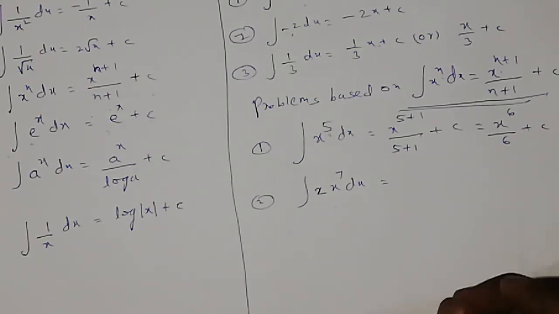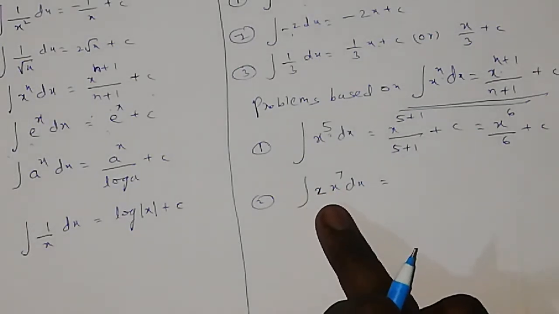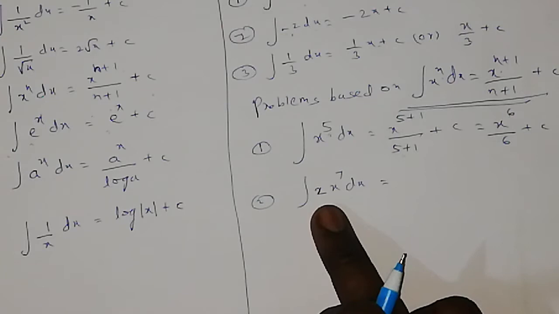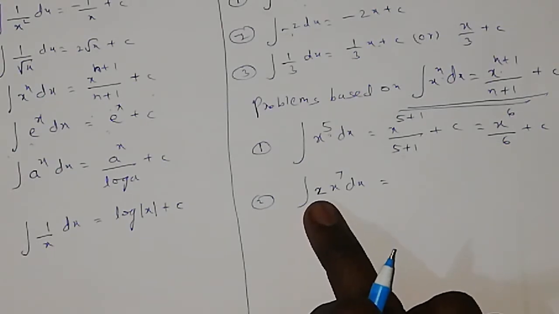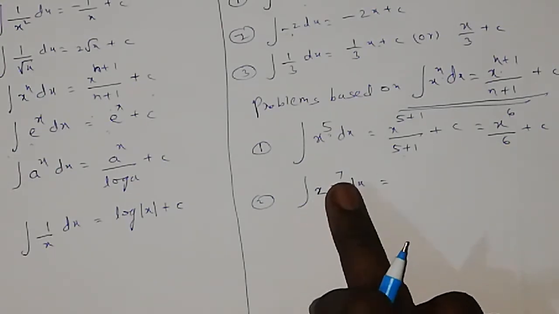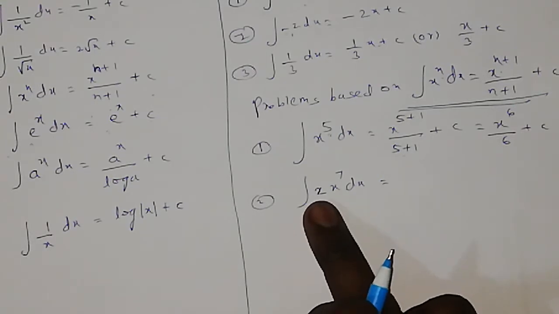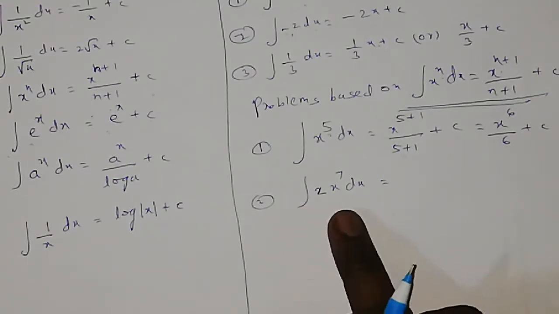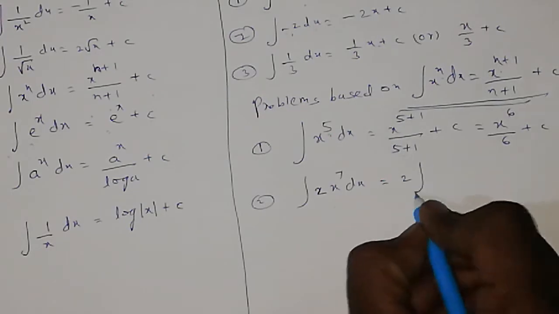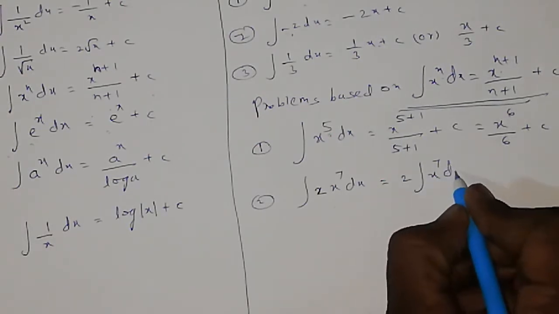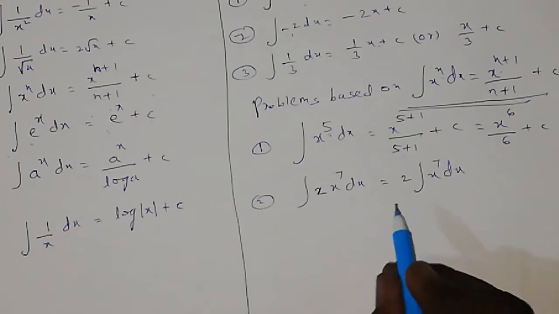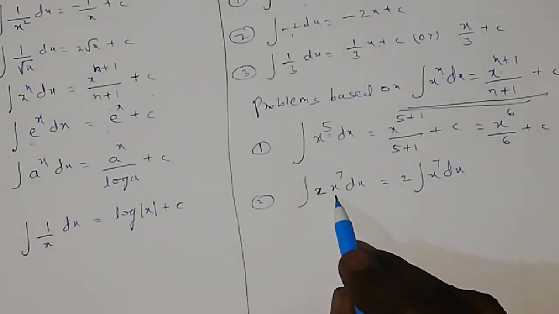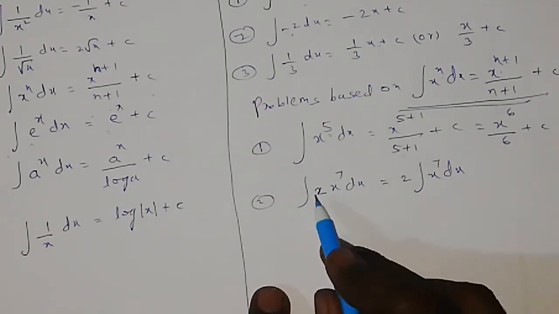We know that d by dx of a constant is equal to 0, right? But we can't differentiate the coefficients. In integration also, we can't integrate the coefficient. Here the coefficient of x power 7 is 2. So first of all you have to take 2 outside of the integration. We can write 2 into integration of x power 7 dx, because here 2 is the coefficient of x power 7. In integration or differentiation we can't integrate the coefficient, so we send it outside.